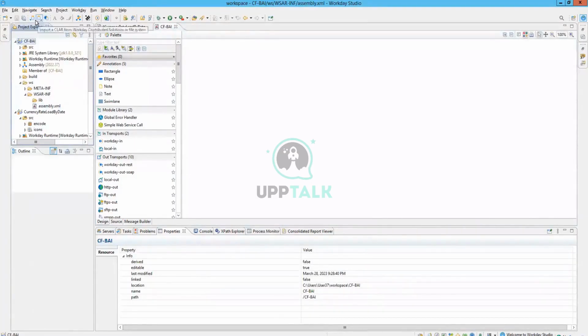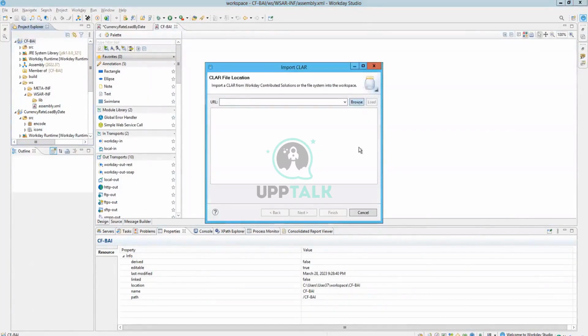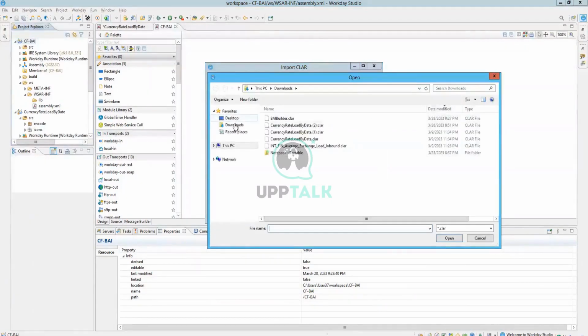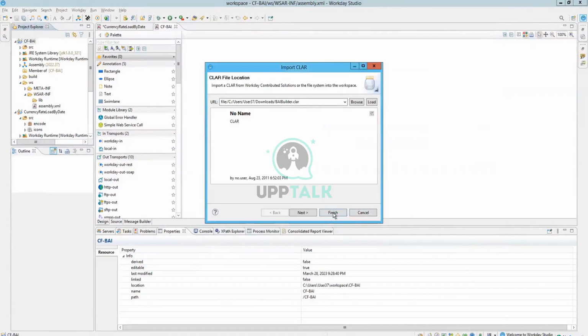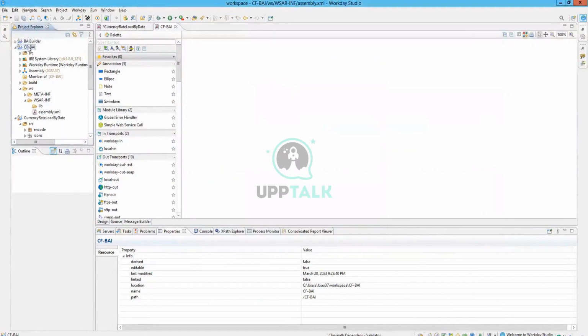And now I can go ahead and import the CLR. It's created a new project by itself. And let's go to assembly and